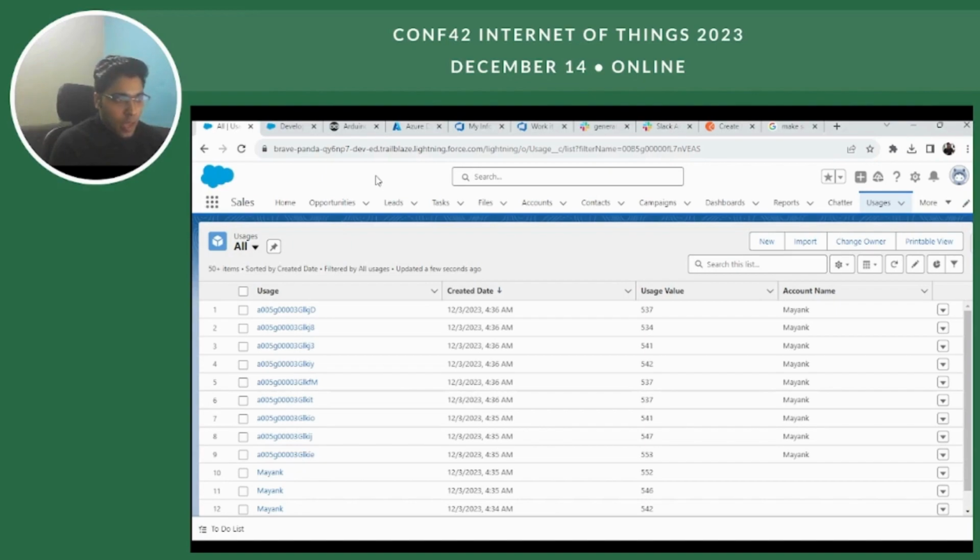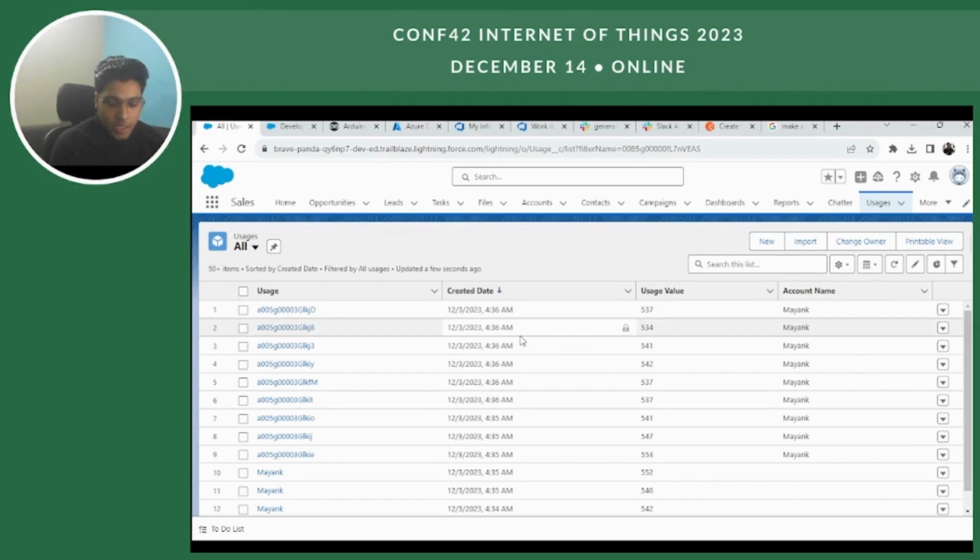And this happens with the help of an API which I created. I'll show you what the coding part was, both on the NodeMCU and on the Salesforce side, in order to integrate these two systems. But let's first see this in action.